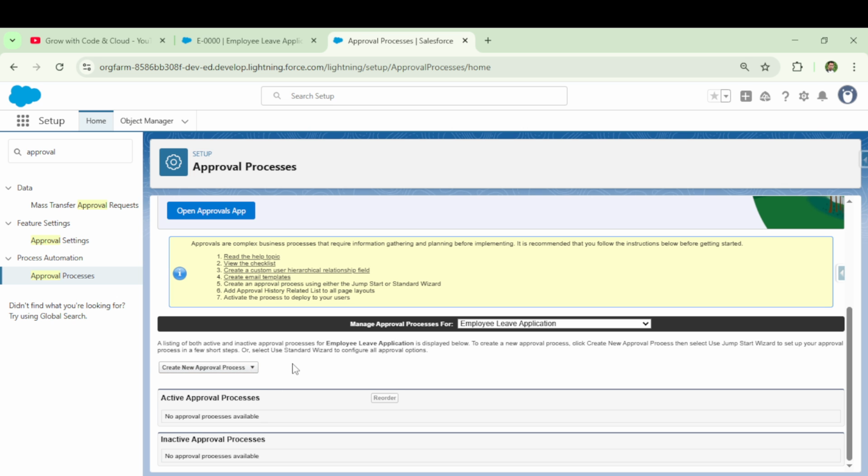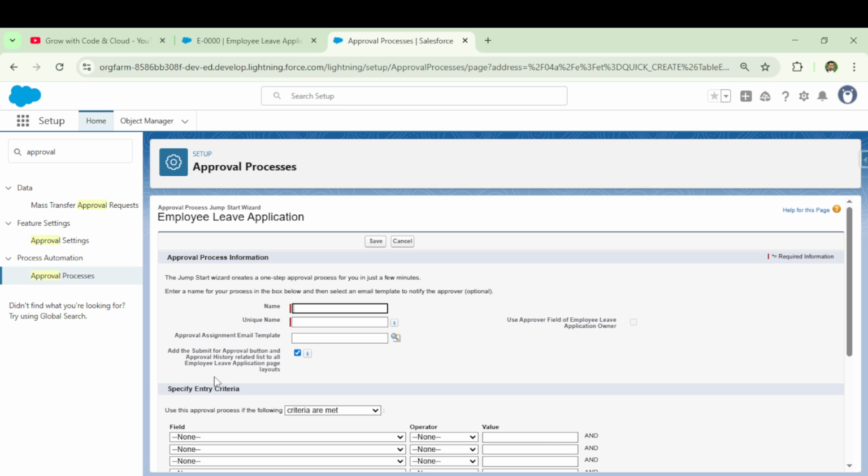To create a new approval process, just click on create new approval process and use jump start wizard or use standard wizard, anything you can select. I'll select this jump start wizard. There is no difference, anything you can select. First give your approval process name, leave request